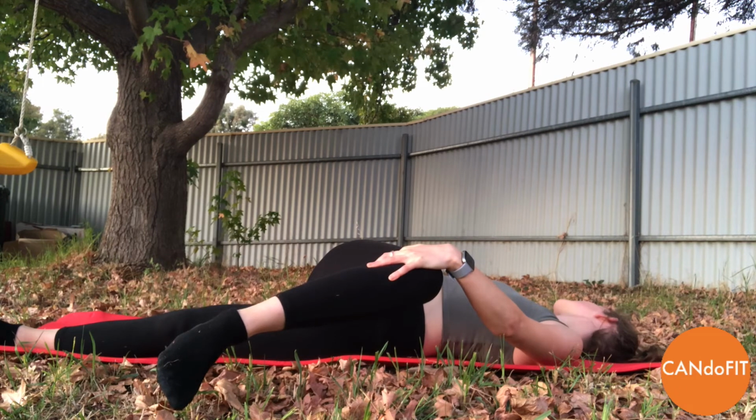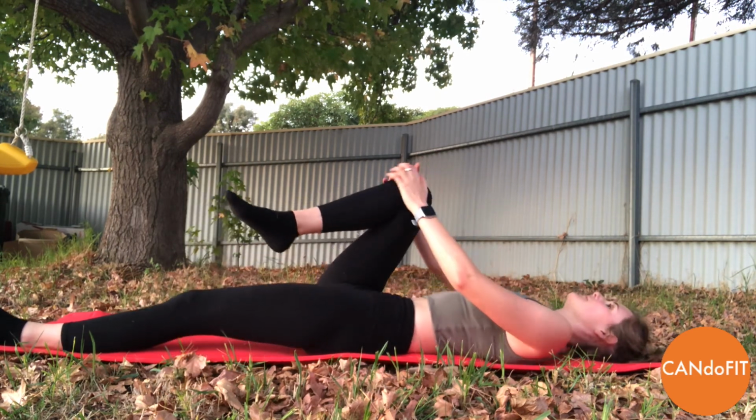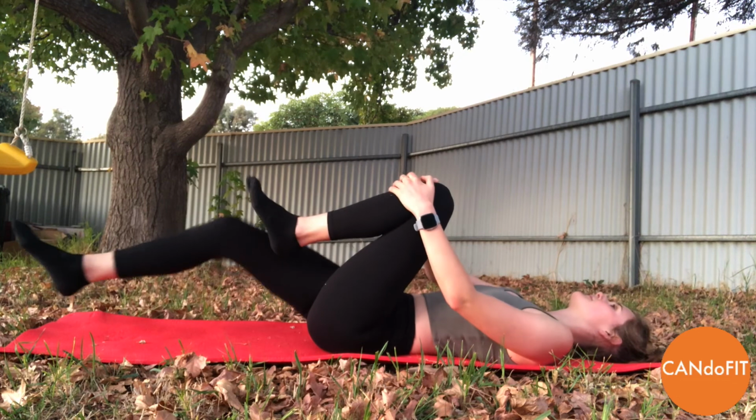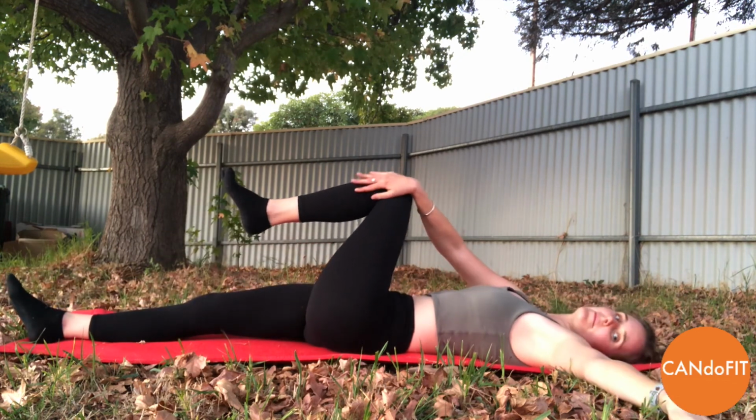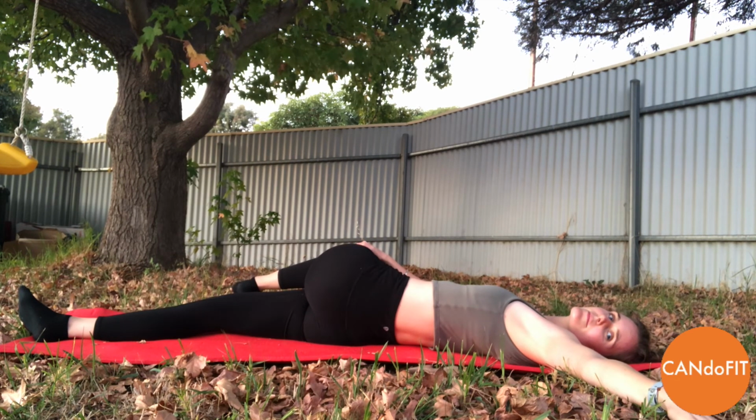So you should feel this through the spine, through the lower back, and you might feel this again through the hips. So only bringing the leg as far over as comfortable and swapping sides, extending the right leg, lifting the left arm, looking towards the left and taking your left knee over towards the right. Feeling a nice stretch through the spine,